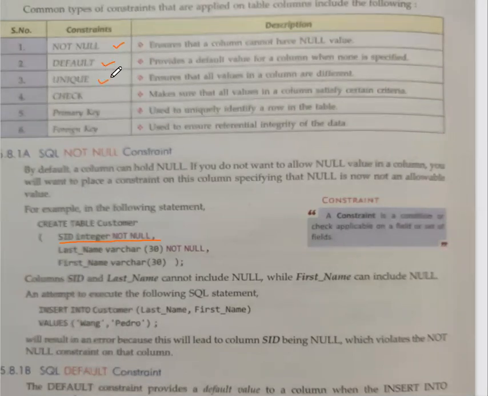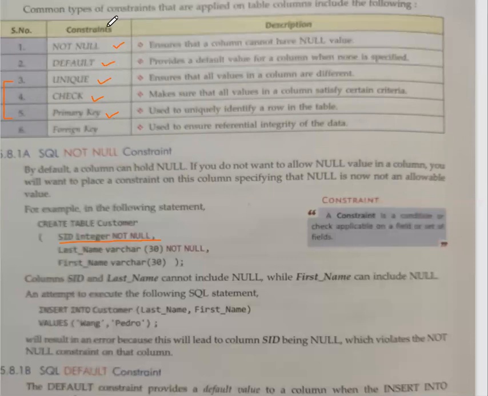Similarly, if I make any column unique, in that case you can only insert unique values, you cannot insert duplicate values. Then next we have check. If you want to insert values on the basis of some conditions, in that case you apply check. Then we have primary key, which is unique and not null in a table. Now see, there is one very common question: the difference between unique and primary key. We will do it practically and then we will see what the difference is. And then last we have foreign key.